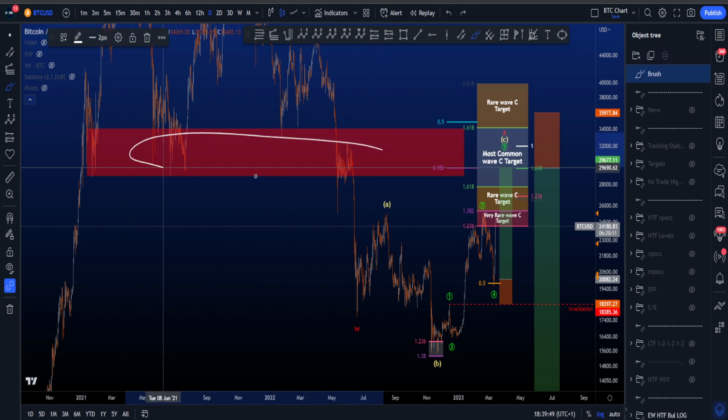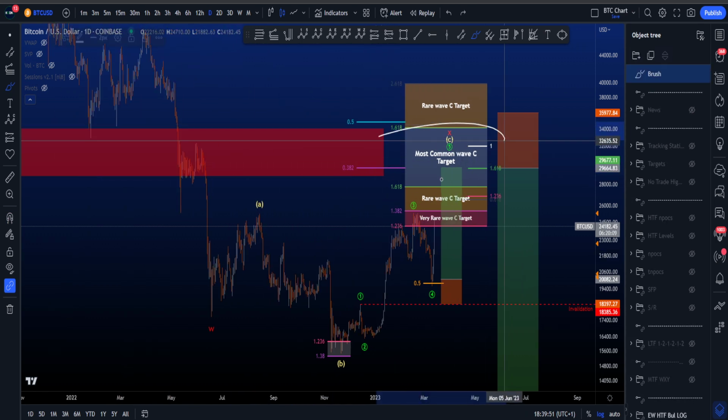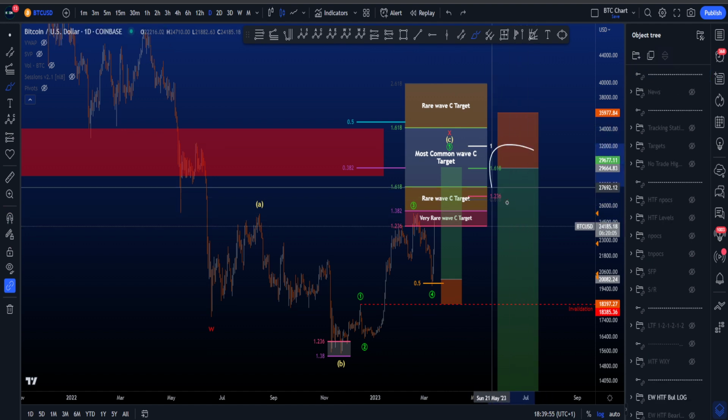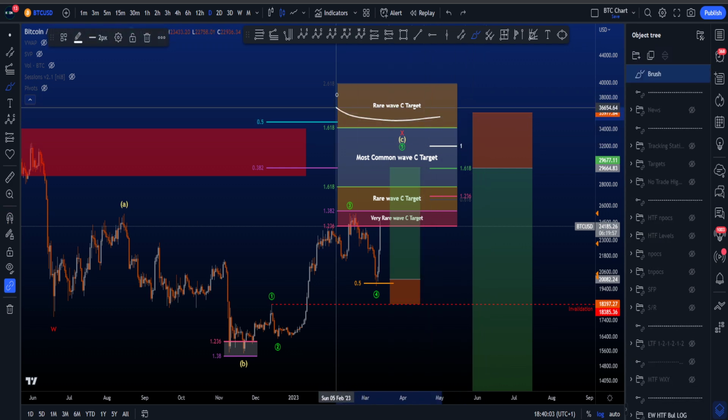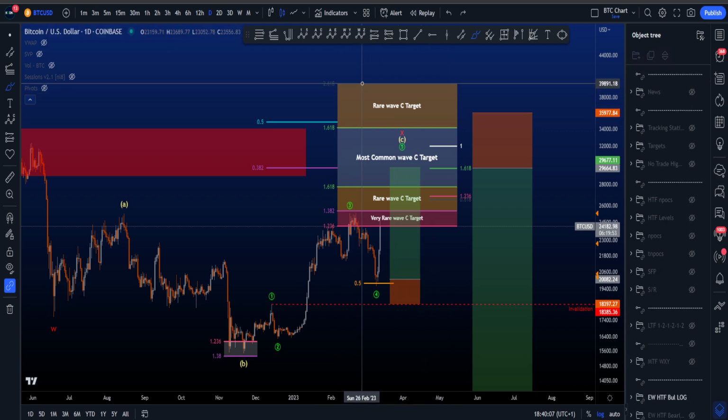Besides, it also matches with the support area, which can then turn into resistance for a potential short idea that you see here on the right side, where we could enter some short positions inside the white box. Eventually the stop loss somewhere above. Just take into notice that this is also still a rare wave C target all the way up to basically 40k. So very important to at least take that into account with the stop loss,